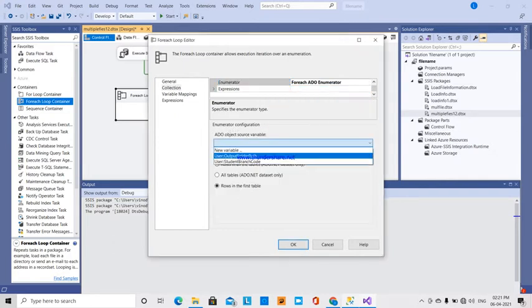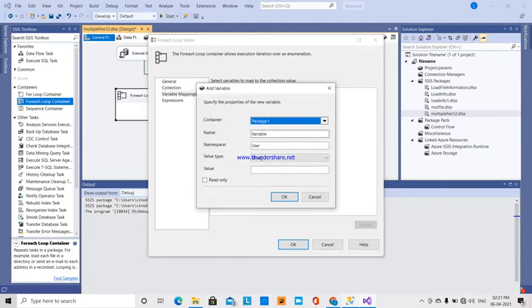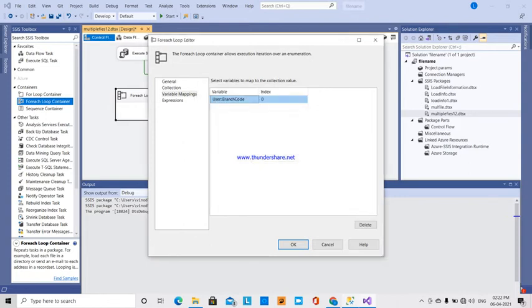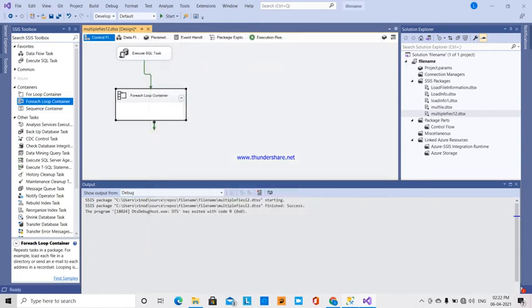Here you can use the student branch code, rows in all tables, variable mapping, new variable, here which one, branch code, it's of type string, index, expressions, okay, and it's an okay.